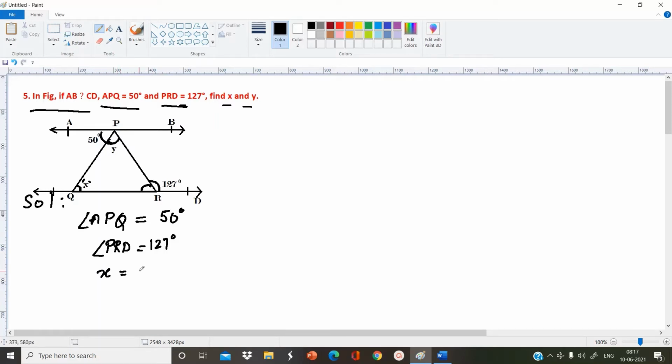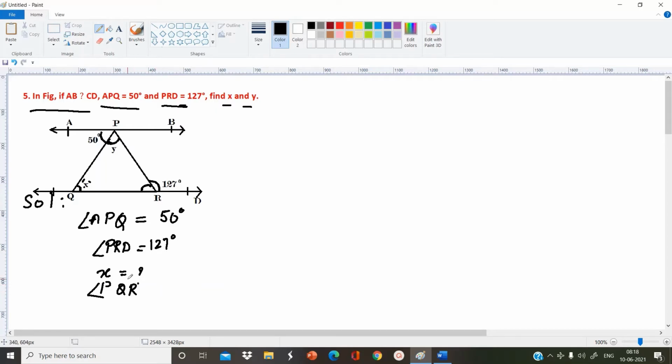And we have to find out angle X. Angle X means, what is that? Angle PQR. From the triangle PQR, look at the picture, we have to find out angle X. Angle X means what here? Angle PQR equals it. Angle PQR we have to find out. Angle PQR means angle X. So angle X equals angle PQR, we have to find out.